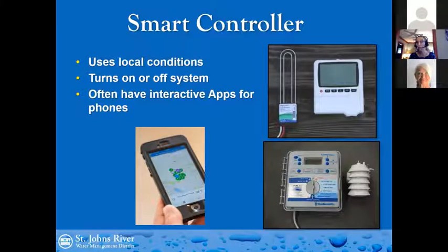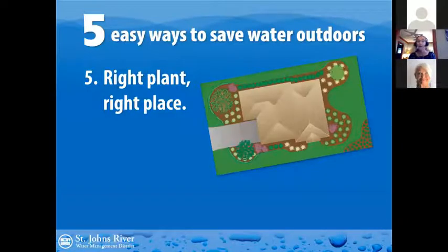So usually in the winter, and they go back up north in the summer, they're able to adjust their irrigation based on weather from their phone. Very, very effective approaches. So then getting back to the landscaping component, the right plant, right place, or Florida friendly